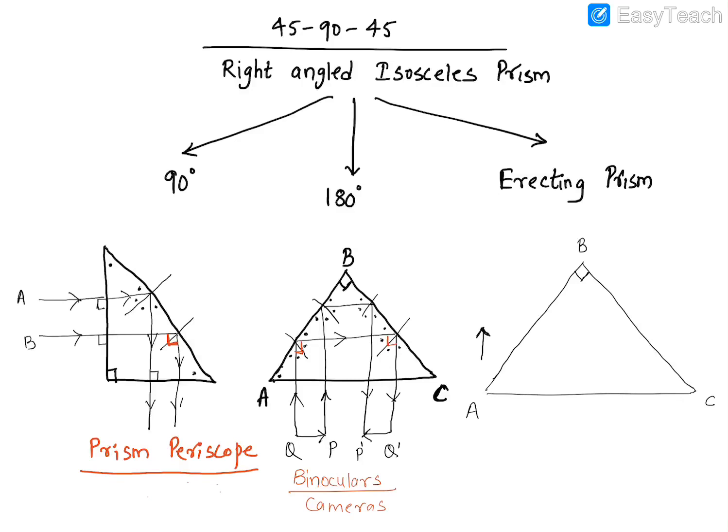Guys, now in this diagram, because I want to draw an erecting prism, what I'll do, I'll change the image. I'll draw an inverted image here. And what I'll advise is, in the exam also, you draw the 45, 90 prism only. And if possible, in the beginning only, we'll manipulate and draw this. You can draw the incident ray in the beginning, draw the image also in the beginning only, guys. As I'm saying, I have not measured these angles, so my diagram is not going to come correct. You can refer to the textbook also for a more appropriate diagram. So this is PQ, and let's say then here you have got what? P dash Q dash. So you can see the image is inverted.